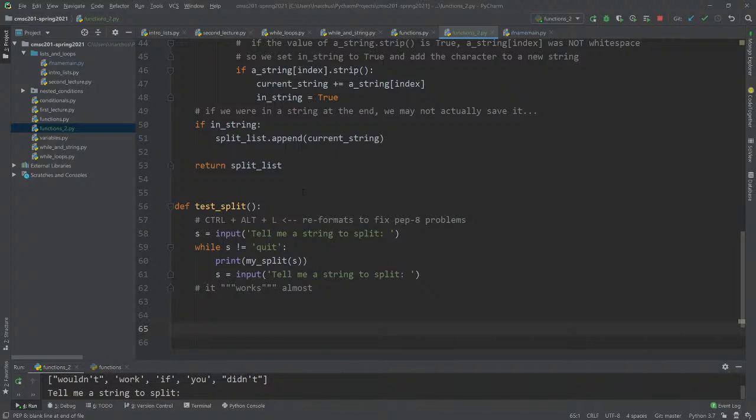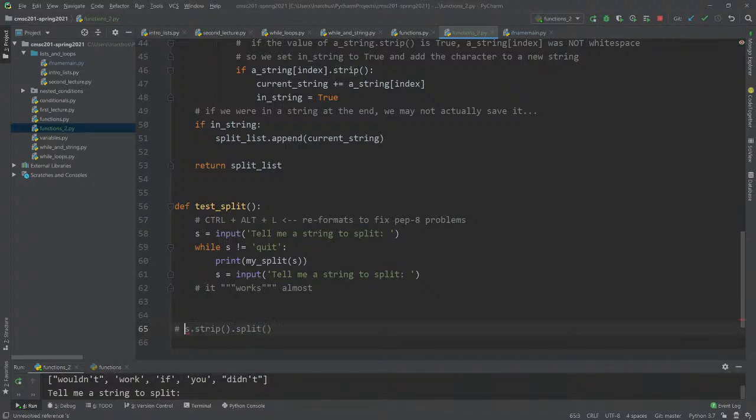Okay, so let's remind ourselves. Excess white space at the start and end is definitely considered to be part of a string. It's just that when you do the split function, if you do our split function or the regular split function, it ignores the white space at the beginning and the end too. So it's like you call strip on it anyway. Some people actually do like s.strip().split like this.